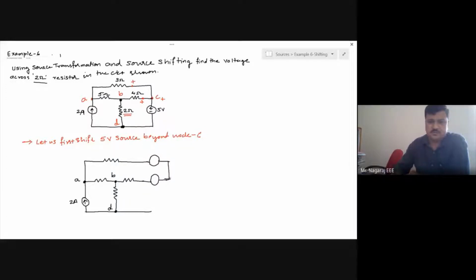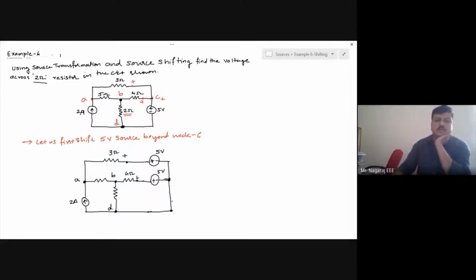So this is the 4 volt source. Now the right terminal of the 3 ohm should be positive, and the right terminal of the 4 ohm should be positive. So to get that, the left terminal of the voltage source should be positive in both the branches. And the original branch containing the voltage source should be replaced by a short circuit.